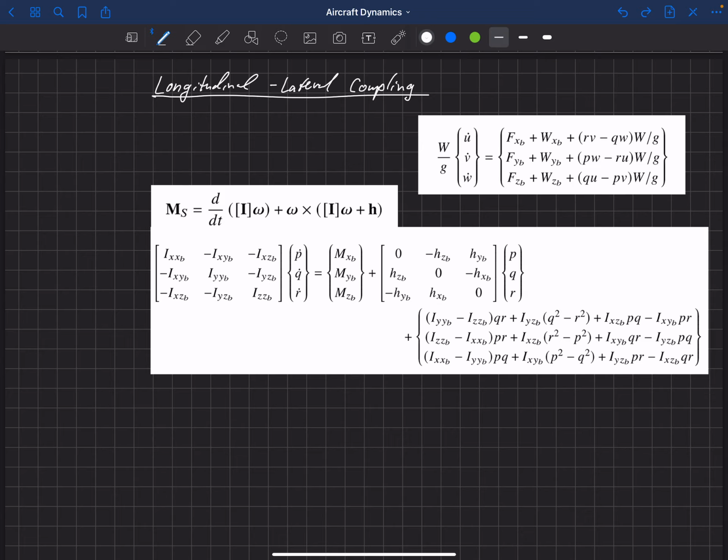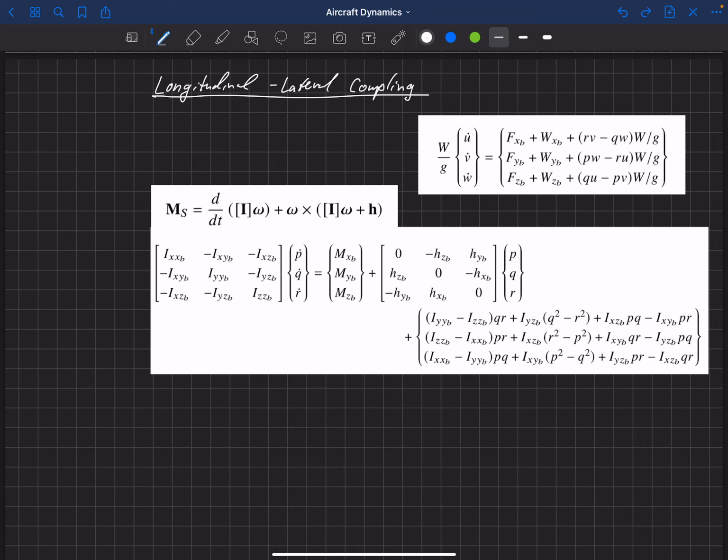So there are some benefits to not splitting these up and instead looking at the package as a whole. So we're going to talk now about the longitudinal lateral coupling that we've neglected in the previous development. And in the future, I'll put together a video of how you can actually put together a solver that solves these all at the same time, longitudinal and lateral. At the same time, you're solving the whole 12x12 system instead of two 6x6 systems. But that's not the topic of this video.